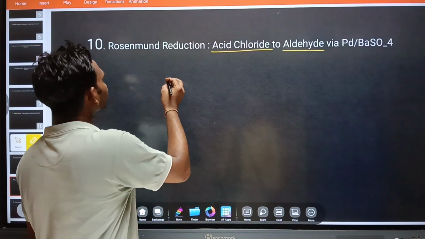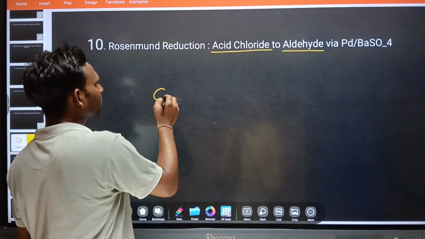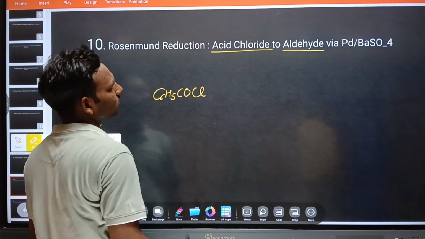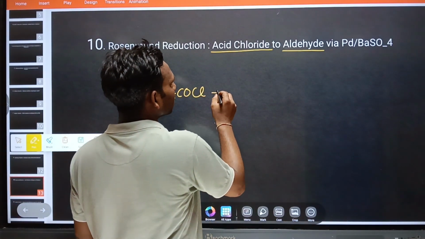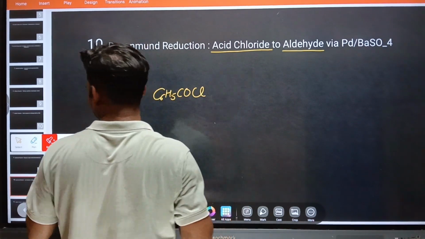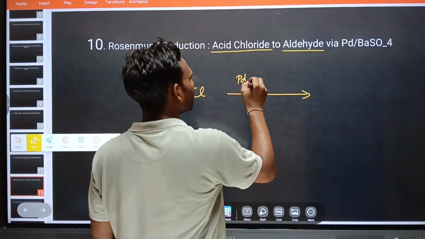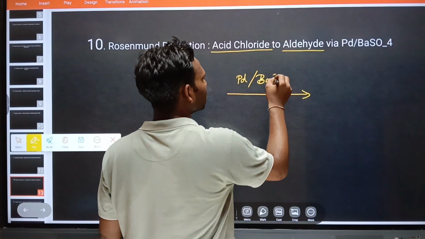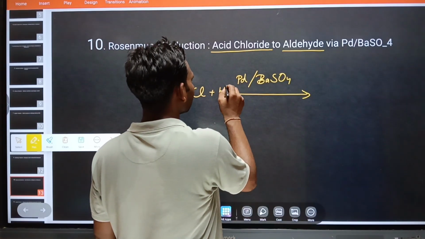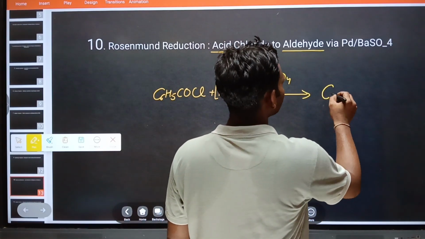So let's discuss: acid chloride, C6H5COCl, in the presence of Pd, barium sulfate, plus nascent hydrogen, then forms the aldehyde, that is benzaldehyde,